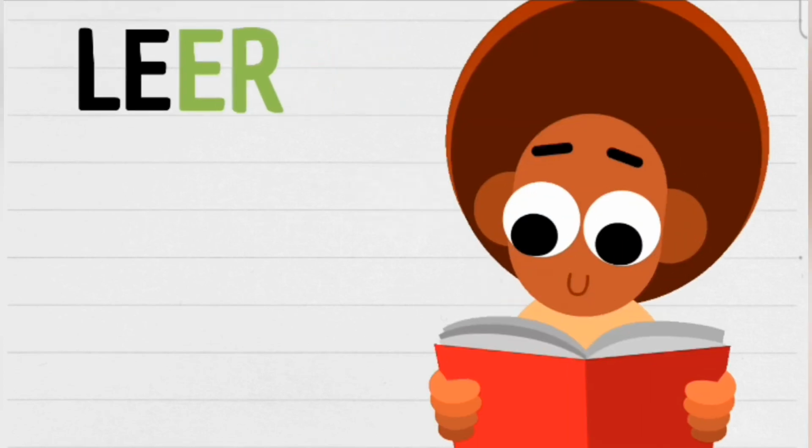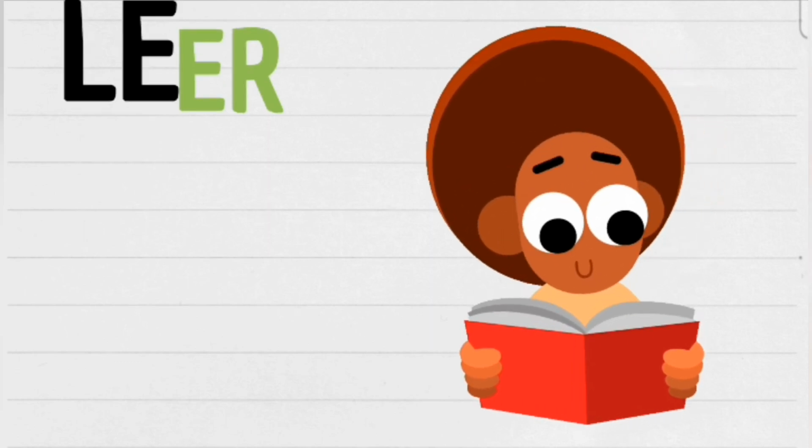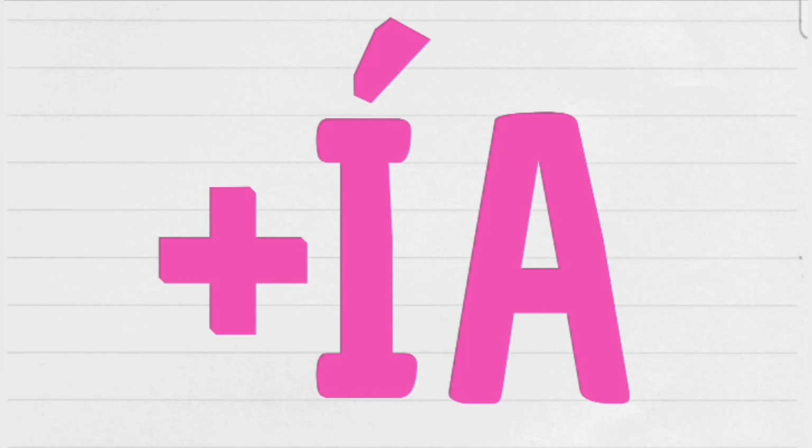And also we have this verb to read, which means leer. Those verbs are ending with ER. So if we have verbs ending with ER, what we have to do is add, instead of aba that we did in verbs ending with ar,